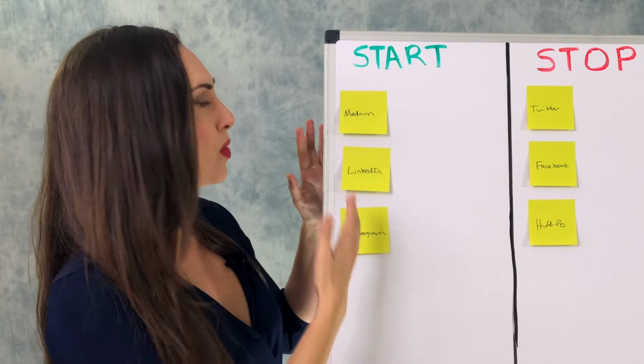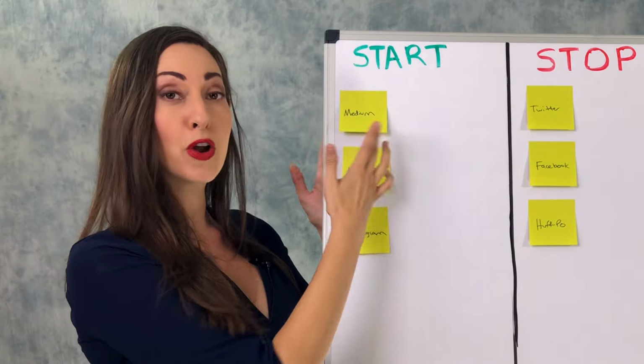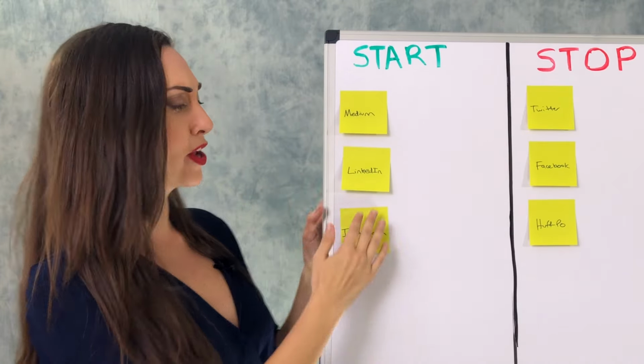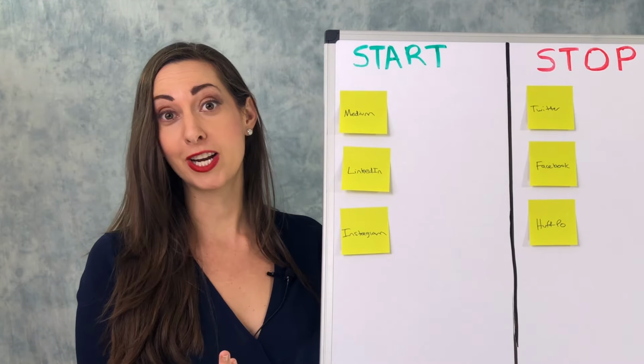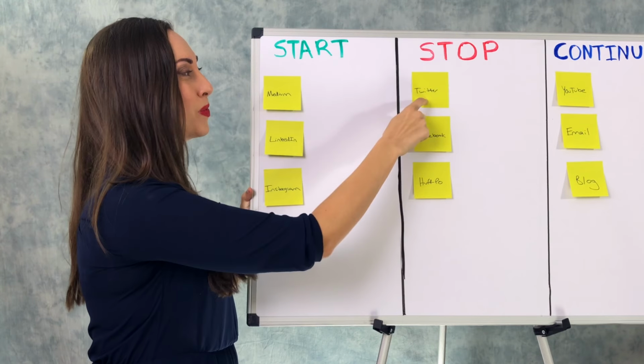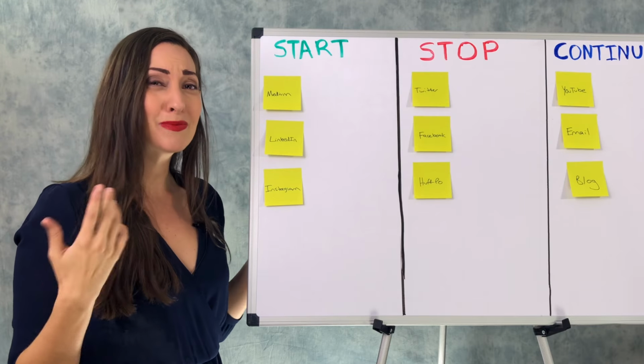So for example, we were curious about the platform Medium with our blog posts. We're thinking about adding some blog posts to Medium and LinkedIn. I thought it could be fun to ramp up our Instagram on the marketing because I love doing funny photos, funny pictures. Stopping. We've been tracking our Twitter and there just isn't much on there.